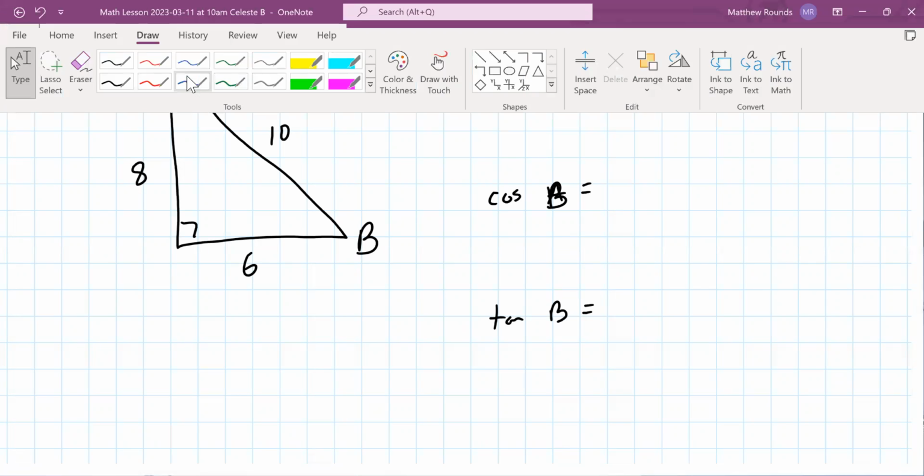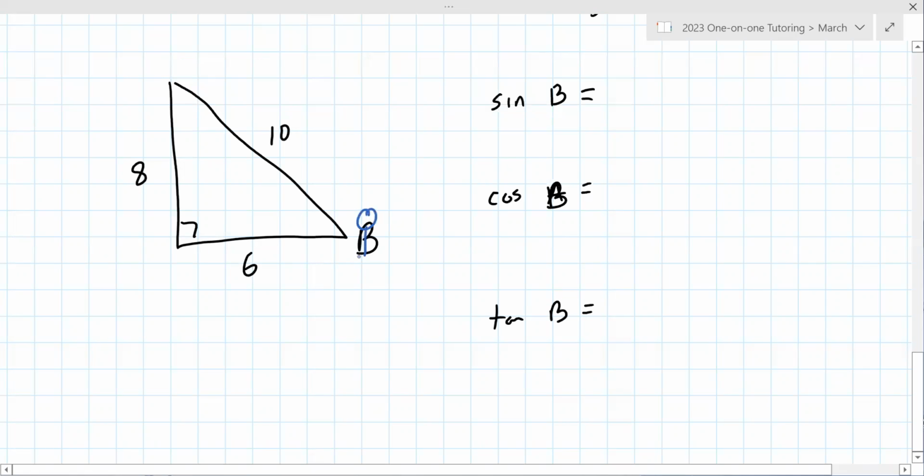I recommend visualizing that you are physically standing right there. Sine, can you tell me what sine is? What over what? Your choices are O over H. So opposite over hypotenuse. So which side is opposite to angle B? Technically, wouldn't it be the one that has 8? Yes. And then the hypotenuse in this triangle is